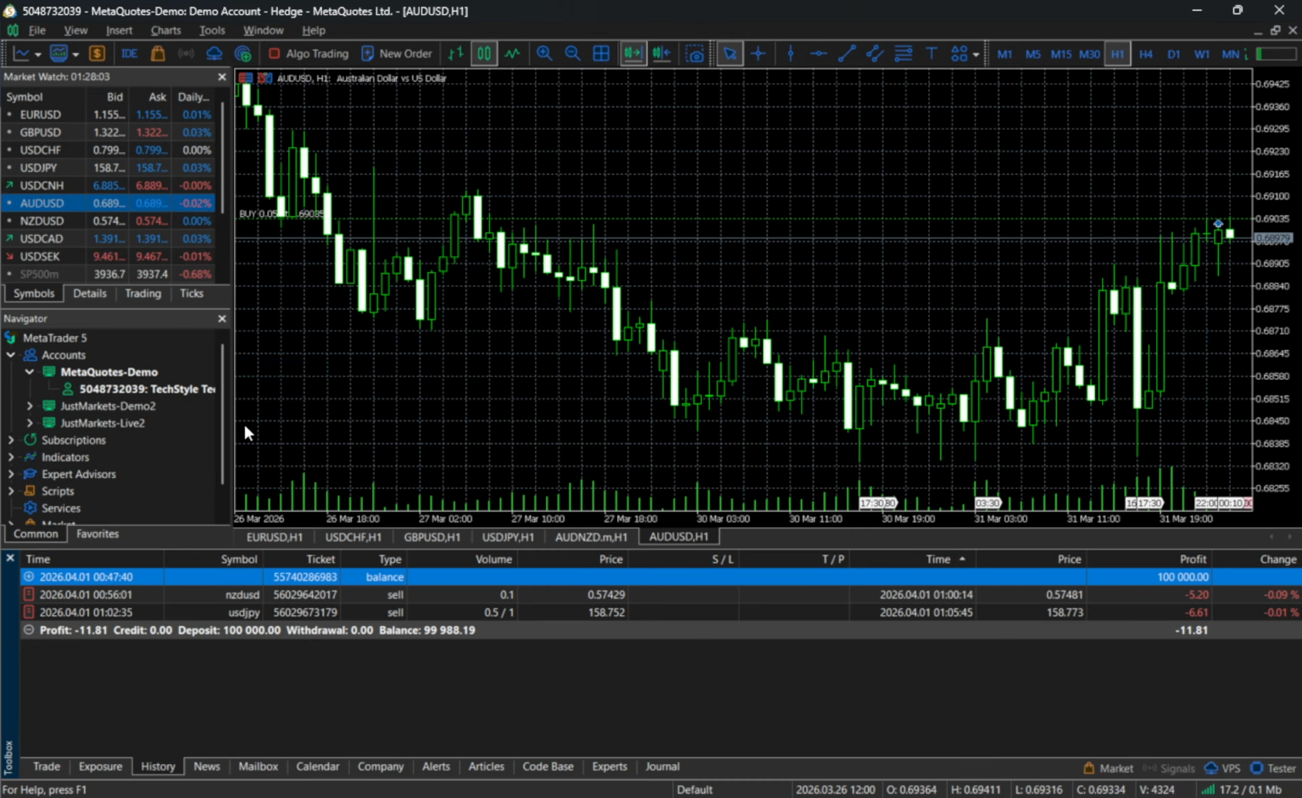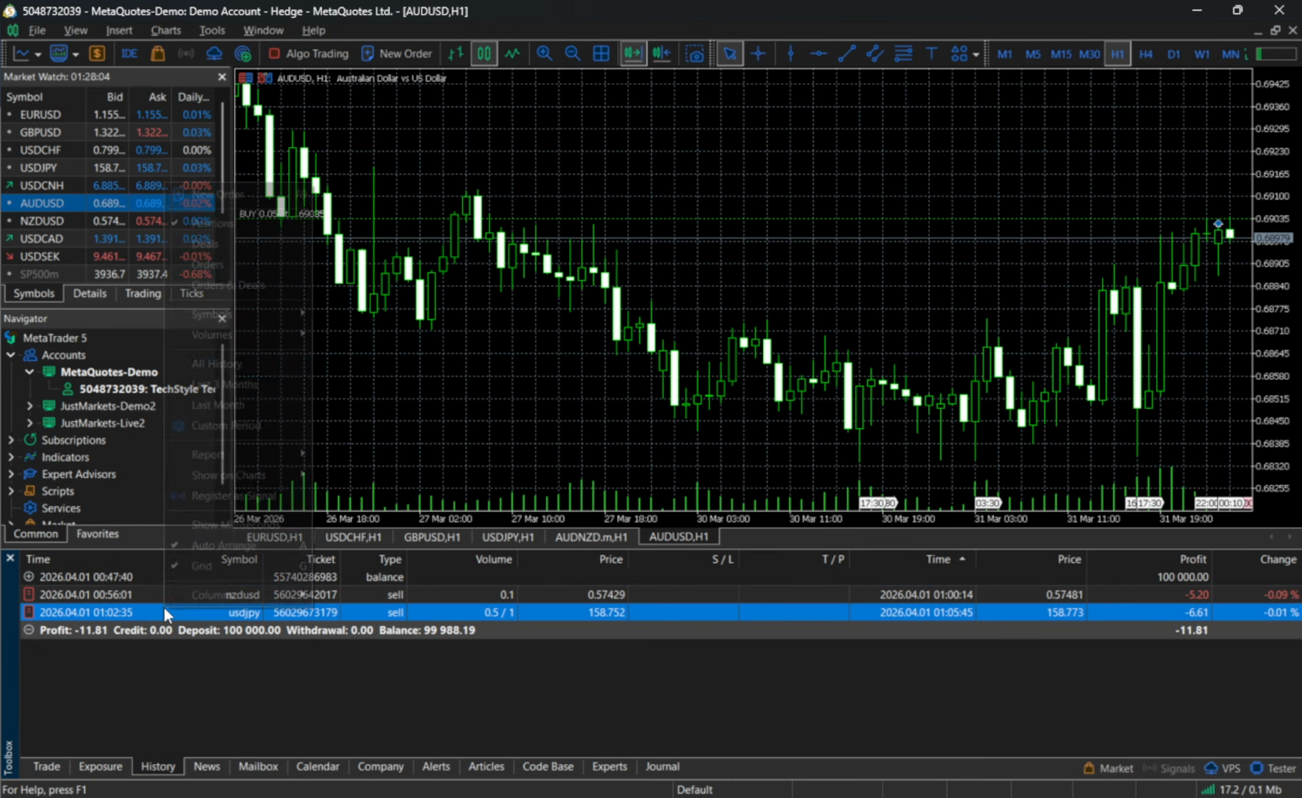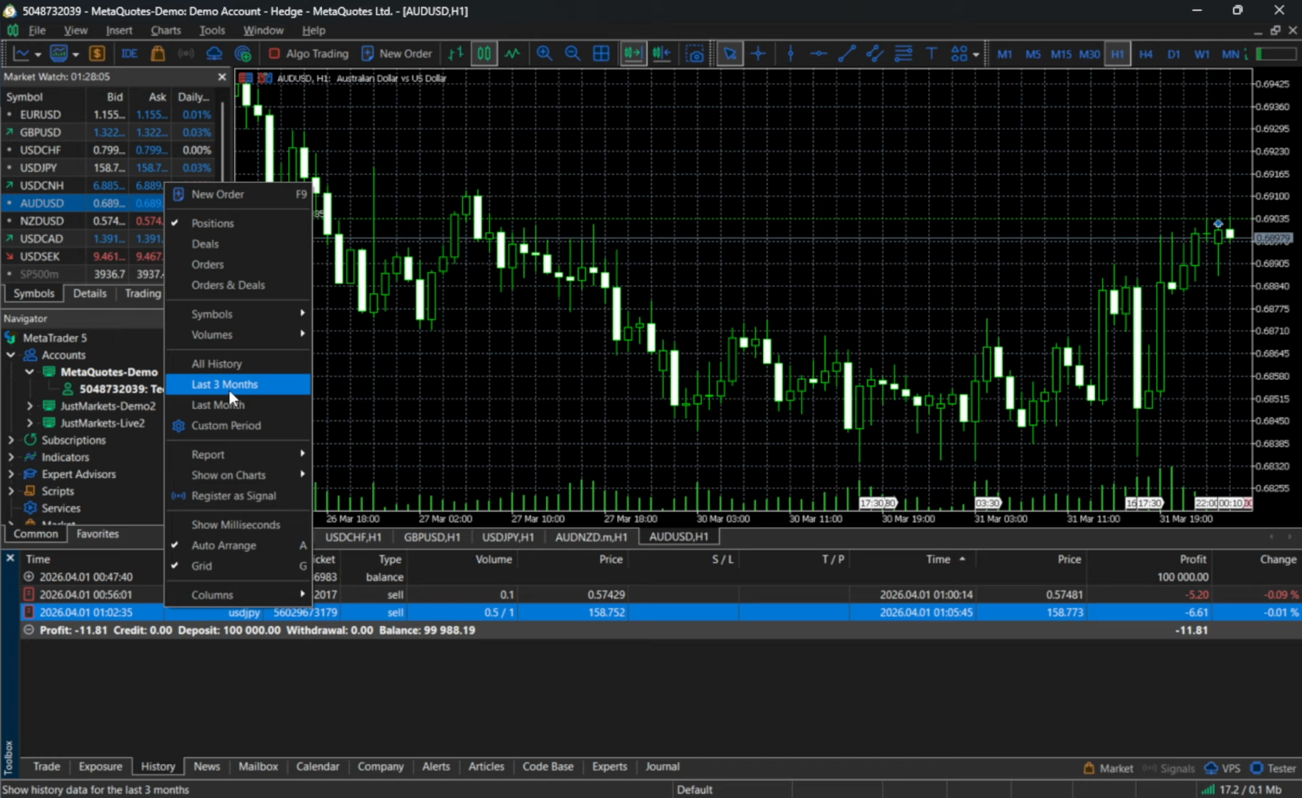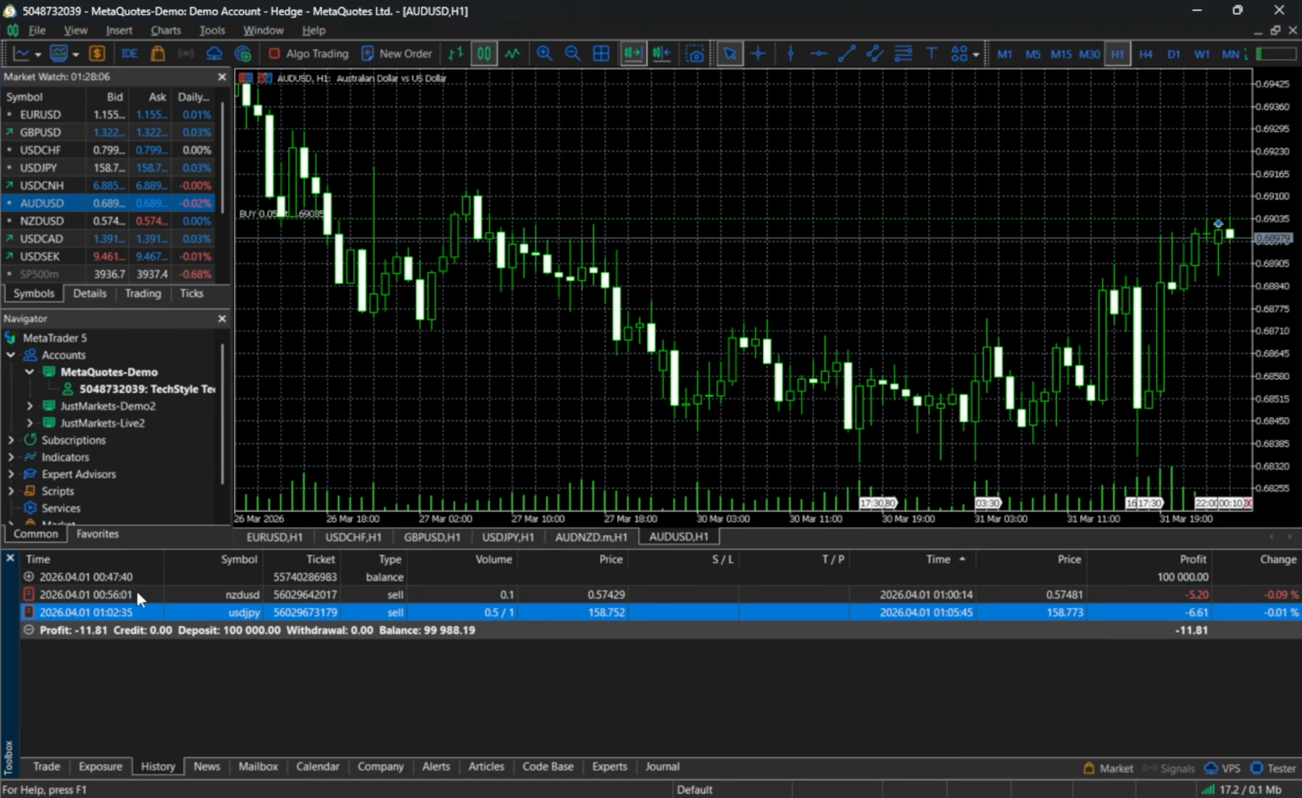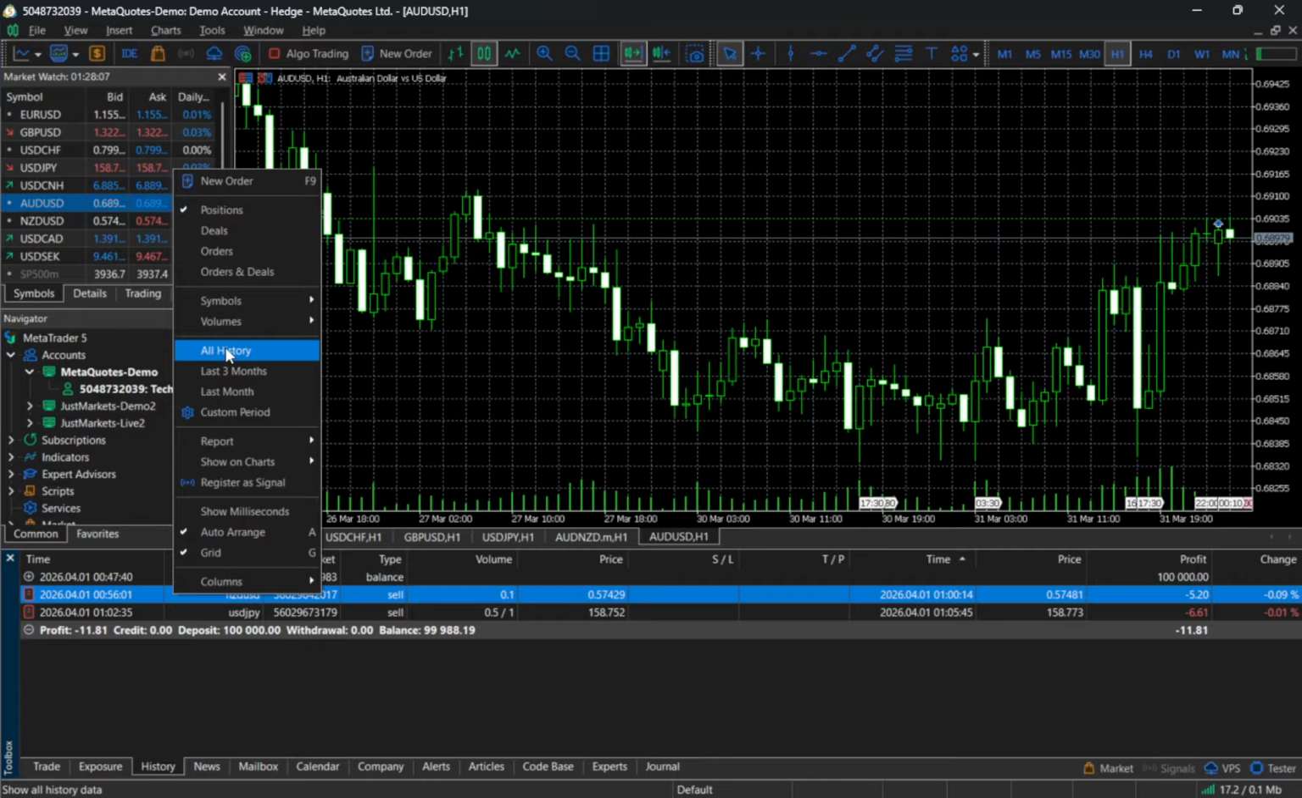Custom period lets you pick exact dates so you can focus on a specific time frame, like a quarter or a strategy test period. If you need a clean snapshot, choose Save as Report and export it to HTML or Excel. That gives you a tidy document for analysis, taxes, or sharing without changing the underlying records. On mobile, you can view and filter the history list as well, but again, you're not deleting the data, just